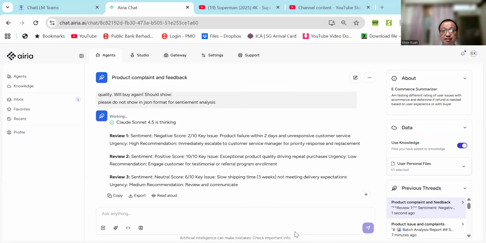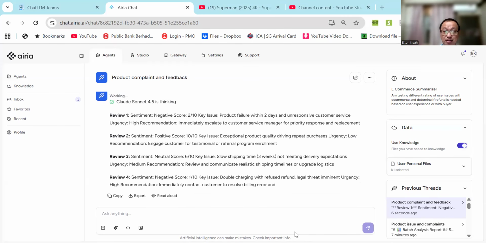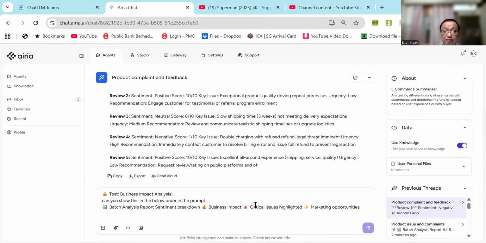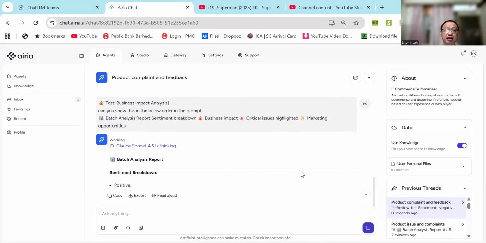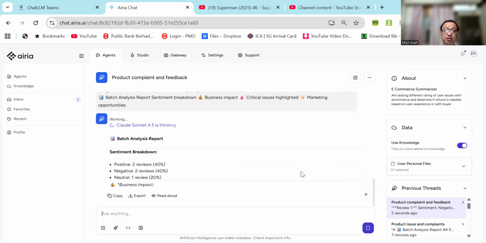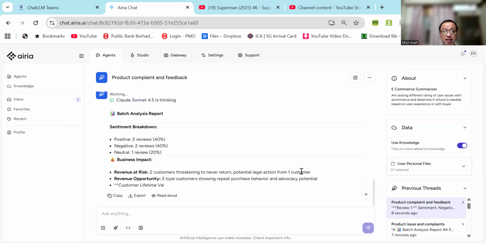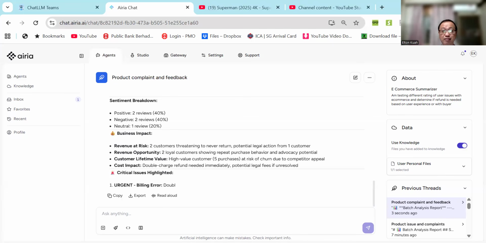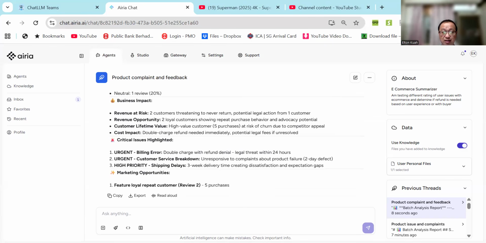And in the next stages, I can also do a business case impact analysis to determine the ratios of which reviews to prioritize, and which ones are the opportunity cost and the critical issues. This will be a good operational and management alignment based on the daily store operations, versus the owners if I'm somewhere else other than the stores. If you look at it, it has 5 reviews that have been summarized accordingly with the revenue risk impact, critical issues, which one is urgent and which one is an opportunity.